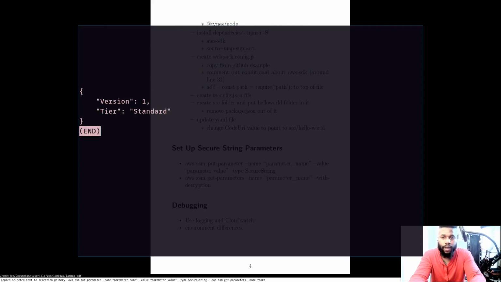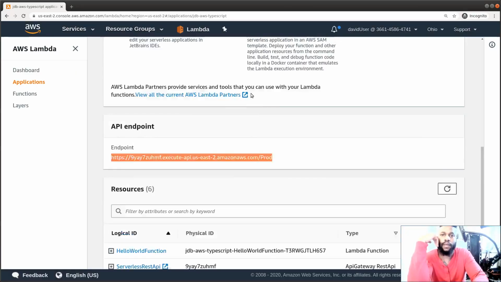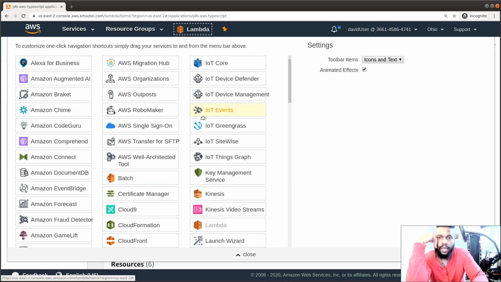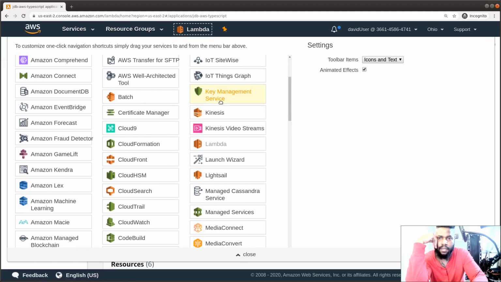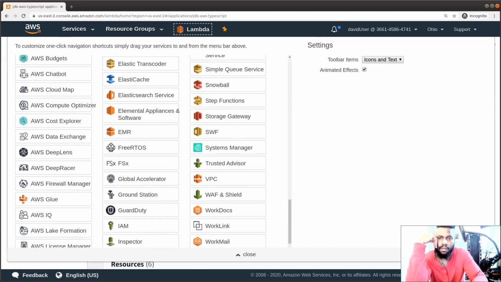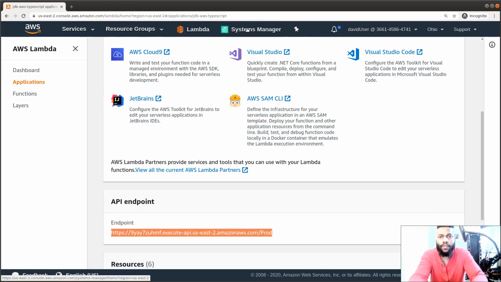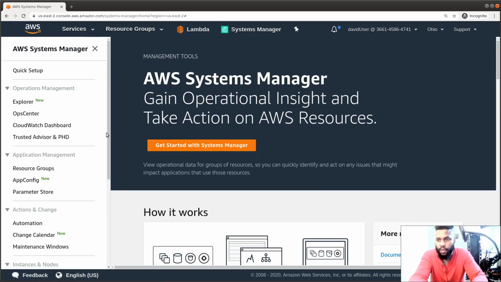So that was quick, right? So you're like, what just happened? What did it do? I don't see anything. So now let's go back to here. And let's go ahead and pin the, I think it's called System Manager. Okay, so let's just look at System Manager. And if we look at the Parameter Store,